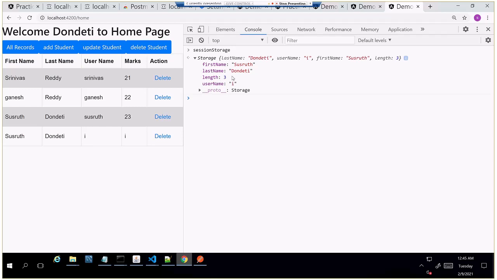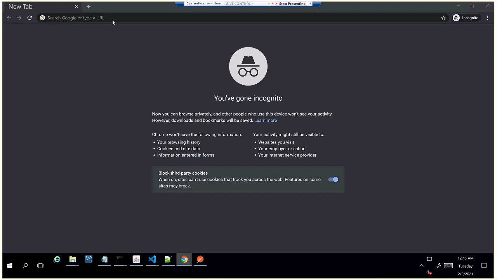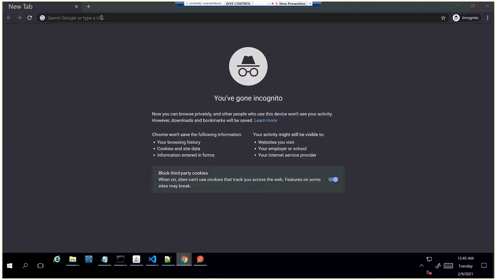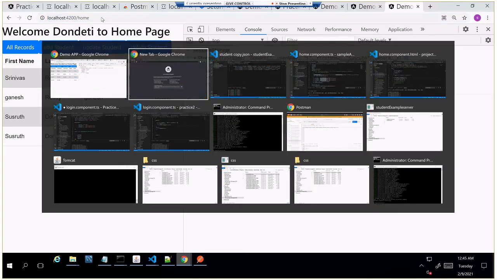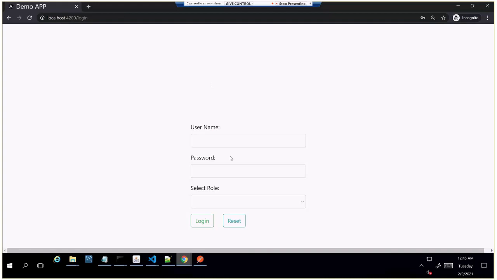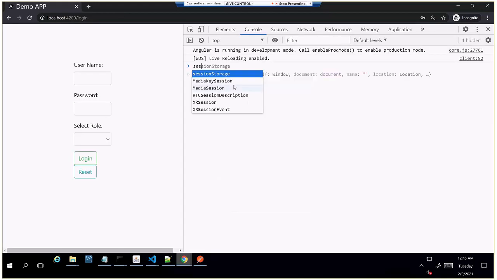If I open a new window and type the login page, this is a different session and the value will not be present, so it will redirect to the login page. Here if I type session storage, this value will be empty. We don't have the username and the first name, last name fields.